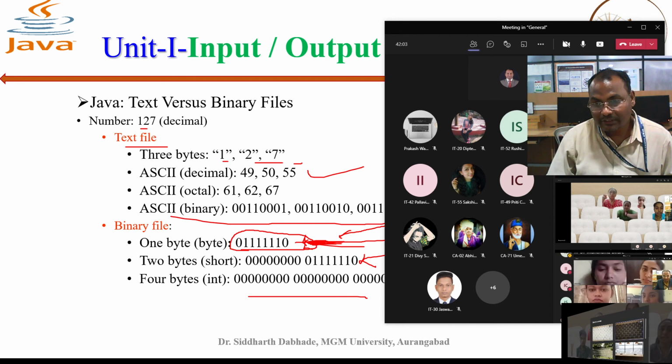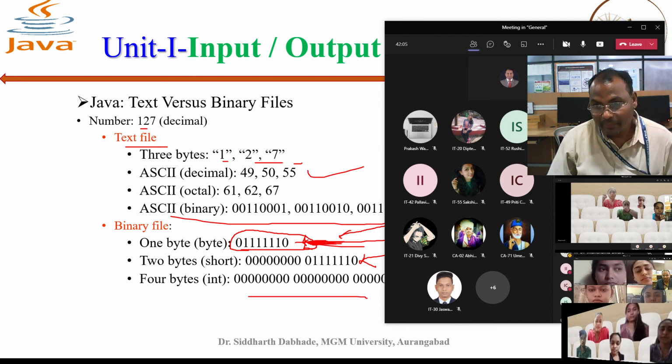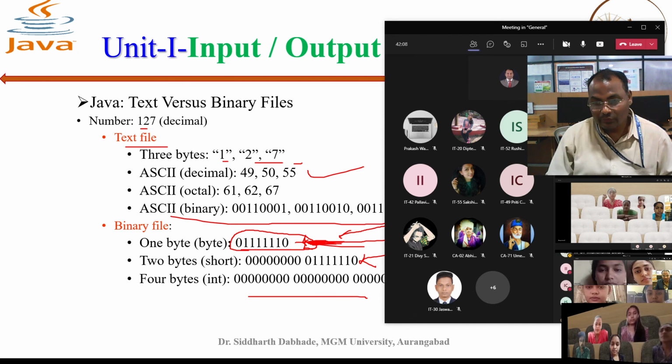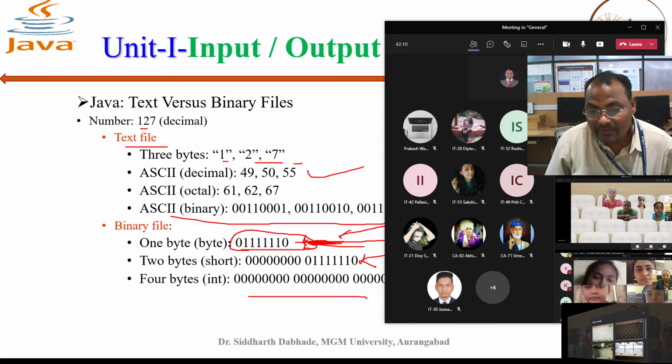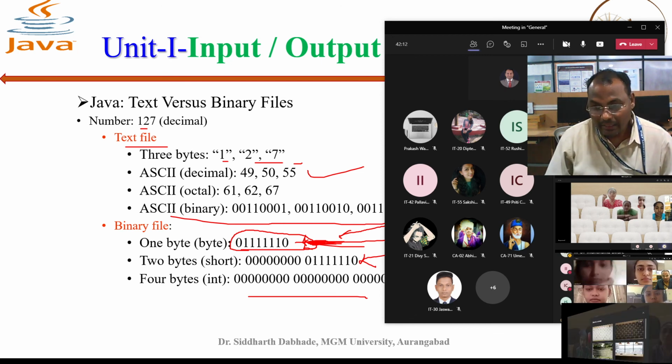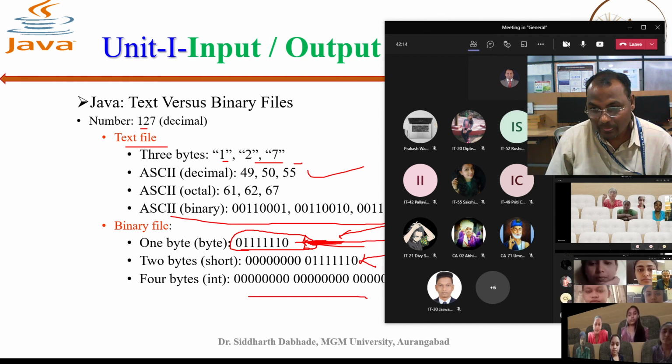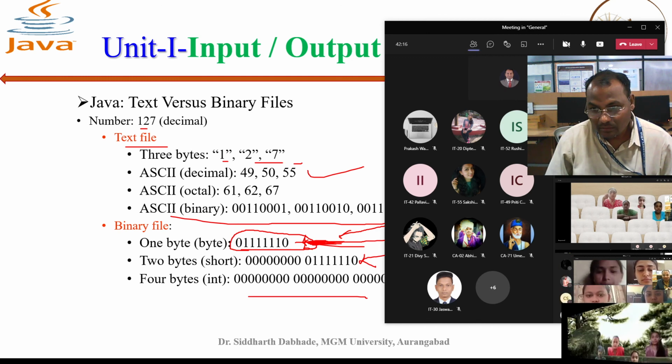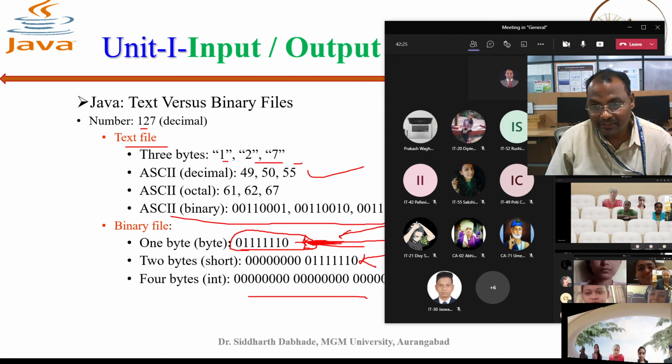Only 2 students from BCA, Umesh and Abhishek, are here, and they are also not giving answers. And Prakash Wagmare is there. Yes, sir. From BSc CS, BCA or IT?